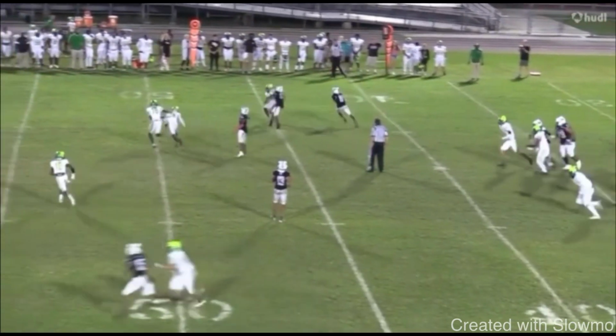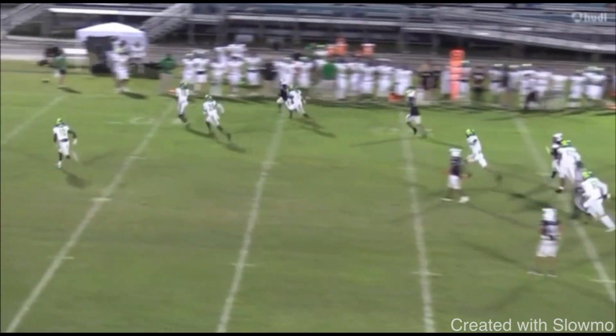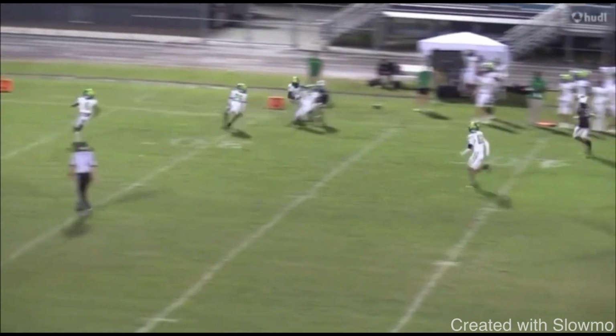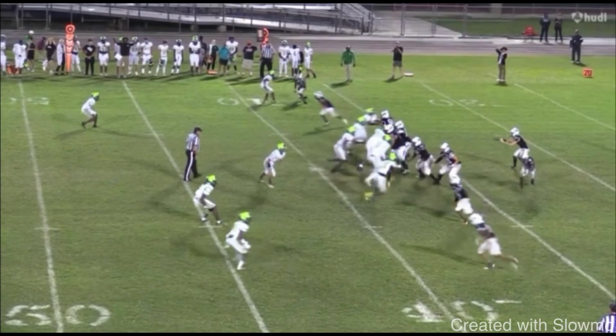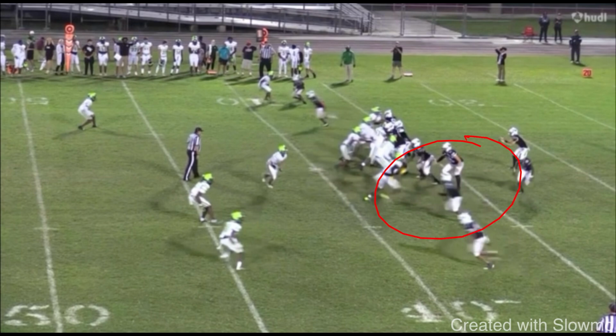So this play right here from this receiver is just a simple drag concept, decent gain, right? But that's nothing really super explosive. And this play, you guys, was very early on this wide receiver's highlight tape. I want to say this was his third or fourth play because, guys, your highlight tape, the film that you get from your games, the film that you send out to college coaches, that is ultimately what gets you